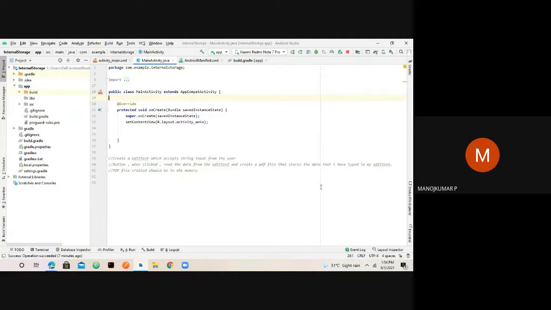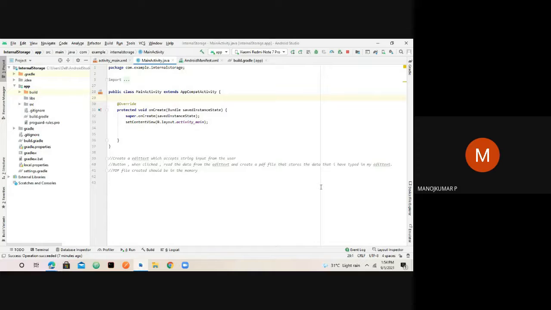For these things to happen, we require some kind of permission from your IDE to access your external storage, and then we need to include certain dependency as well, which we will do right now. And apart from that, we have to write code that specifically asks the user to allow permission to access the internal storage and other stuff as well. All these things will be covered in this module.